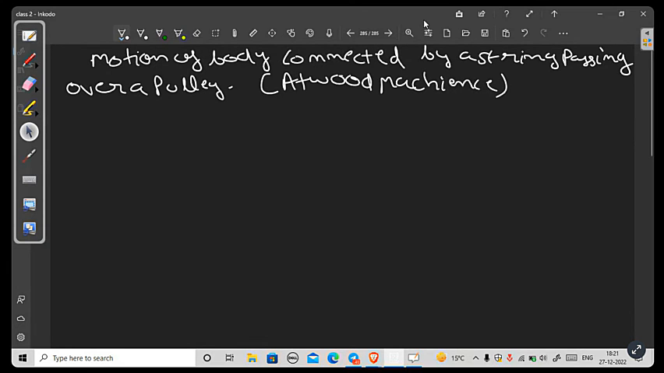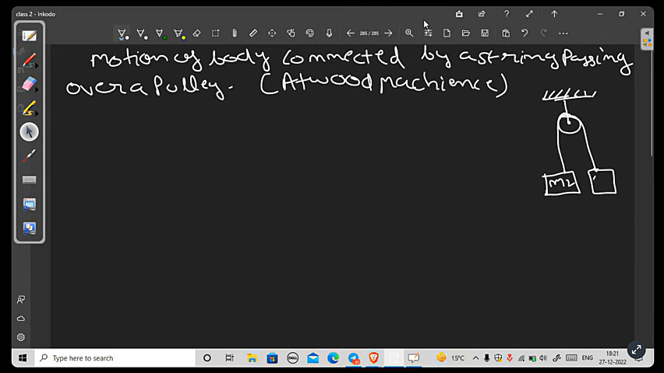What is this arrangement? It is somewhat like this. There is a pulley, and from this pulley, two masses are hanged. This mass is M1 and this is the mass M2, which are hanged from this pulley. Now, this system will have some certain acceleration. Let me draw this again, a bit smaller. This is the pulley. It is attached to some solid support, and a string is passing over the pulley, and to the string